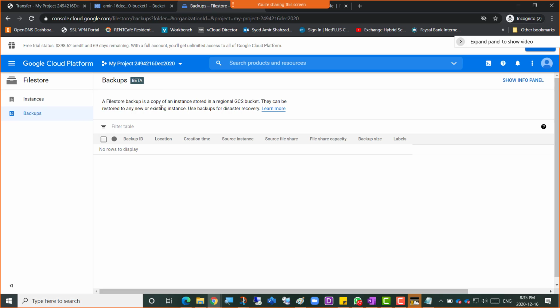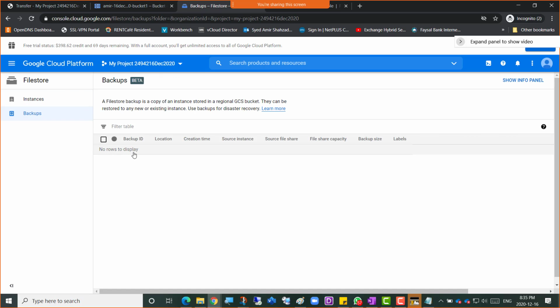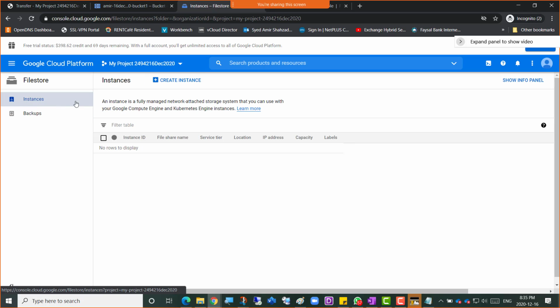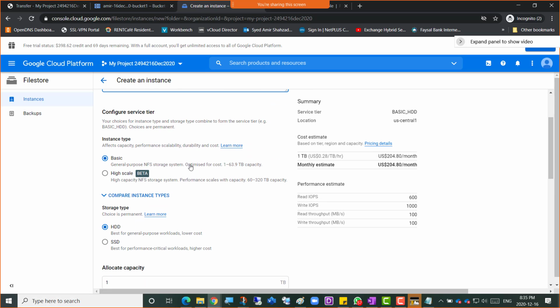You can't actually create a backup here, but once you create instances and create a backup, they are shown here in the backups area. So there's that instance, and I'll go ahead and create an instance for a file store. For the instance ID, suppose your first name dash file store instance, Control A, Control C, Control V, and configure access service